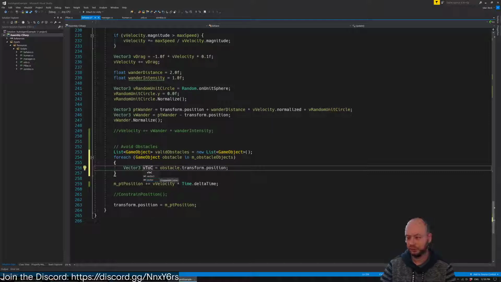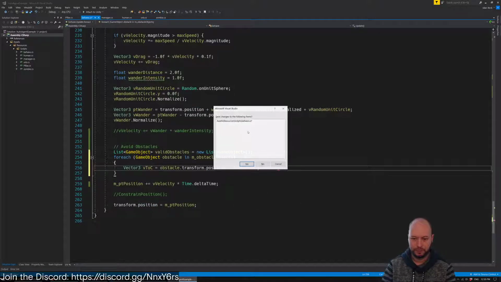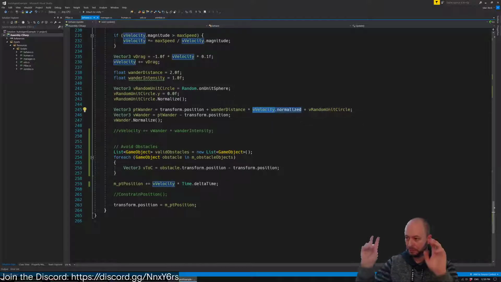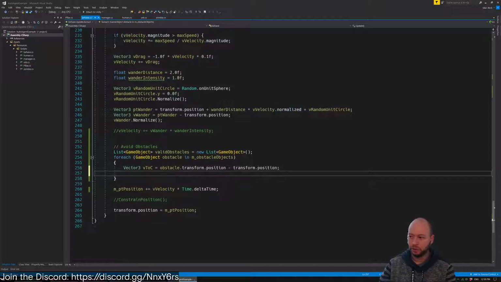Let's call it v to c, just like it was in the thing, is going to be minus our transform dot position. Now we have this normalized velocity, which is going to represent our direction that we're going, and we're going to do a dot product between those two. So we're going to go v normalized